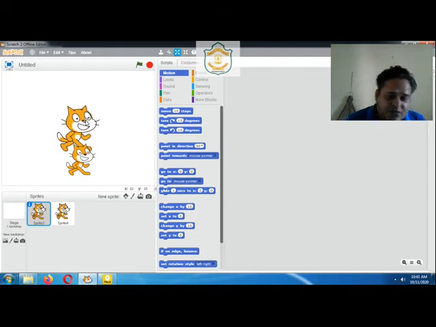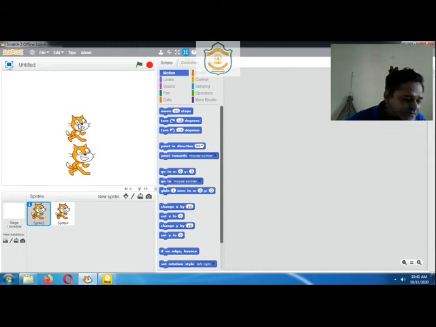From the name you can understand grow means increase the size. And the next one is shrink. That will shrink or reduce the size of the sprite. So these are cursor tools.